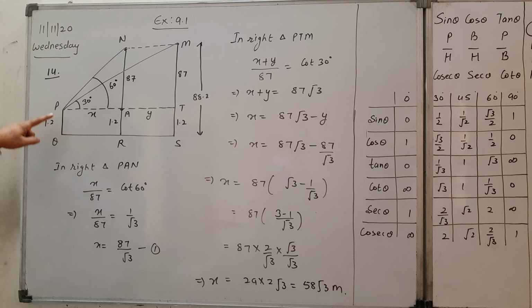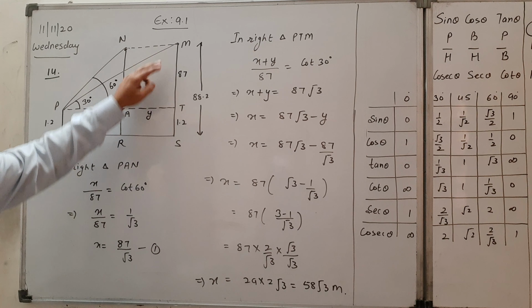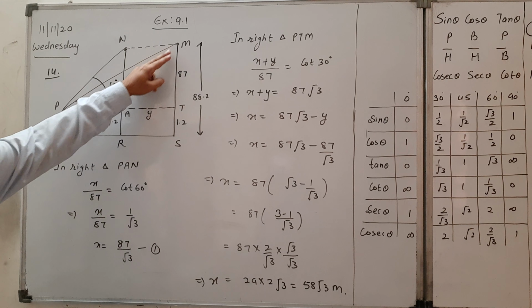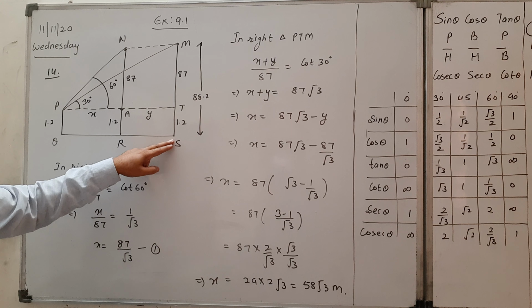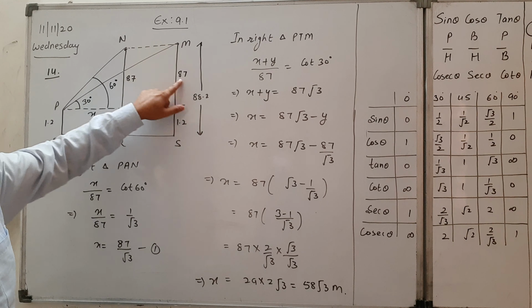So we have to draw a horizontal line parallel to the ground, and that point P will be the point of observation now. So this 1.2 meter will be deducted from the height of the balloon from the ground level. So the height of the balloon from the line of observation is now 87 meters, and this is also 87 meters. And in this statement, the angle of elevation of the balloon from the eyes of the girl at any instant is 60 degrees.